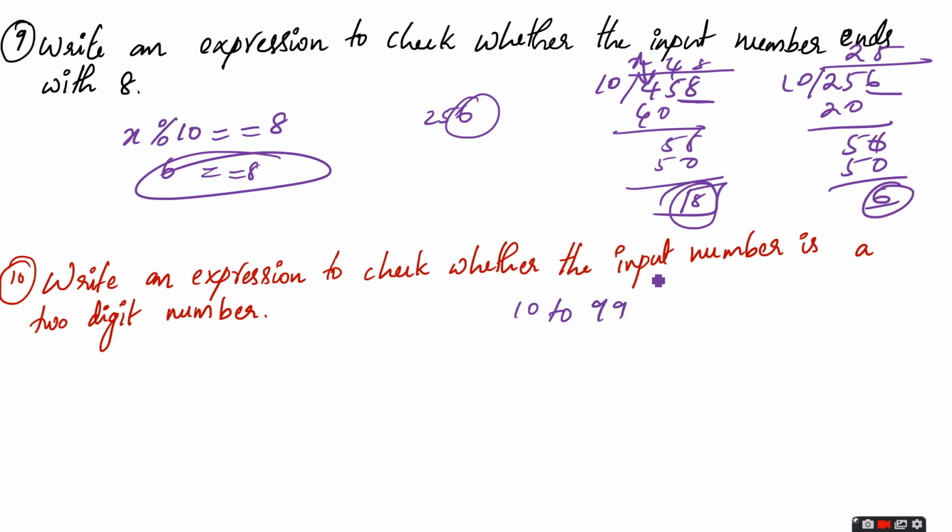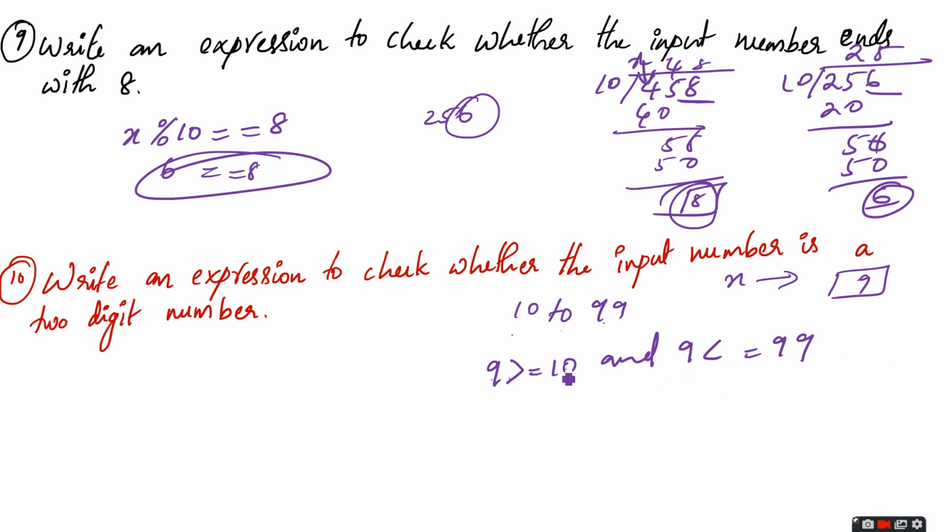So here we can input a number. The number is x. That means x refers to a value 9. Just assume okay. Now is 9 in this range 10 to 99? No. So it is not a 2-digit number. Now in order to understand that, we can write like this. The input number is 9. The 9 should be greater than or equal to 10. And the 9 should be less than or equal to 99.